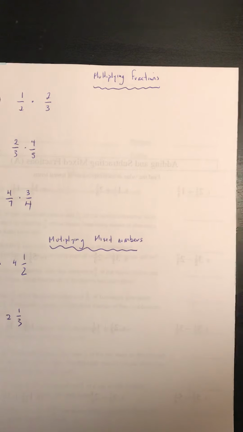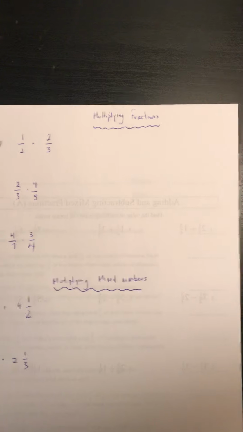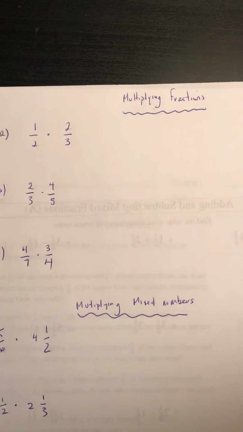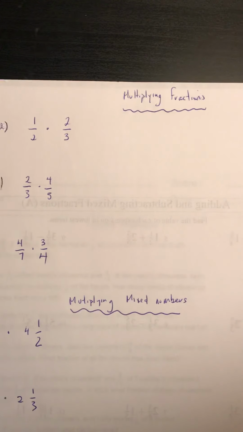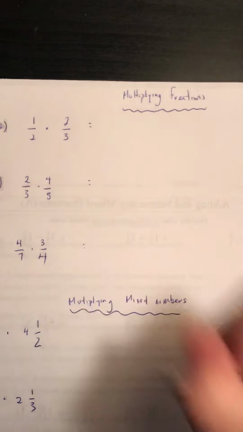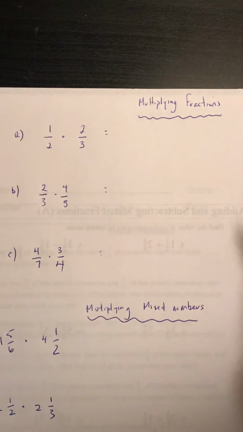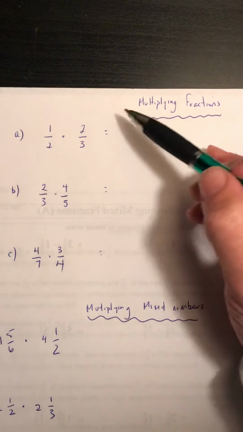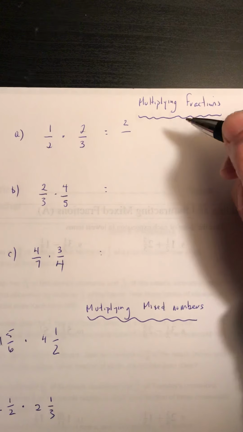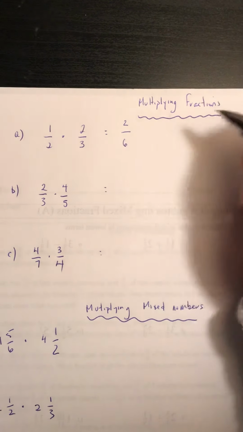With multiplying fractions, this is fairly straightforward. What we're going to do is multiply across the numerators and multiply across the denominators. Before, some of you asked, you can look for areas to simplify, but for what we're doing right here, it's practice of multiplication skills. We just multiply across numerator and denominator, meaning you don't need to find a common denominator. So in this instance, 1 times 2 is 2, 2 times 3 is 6, so 2/6